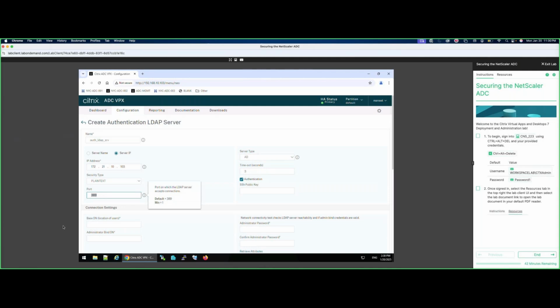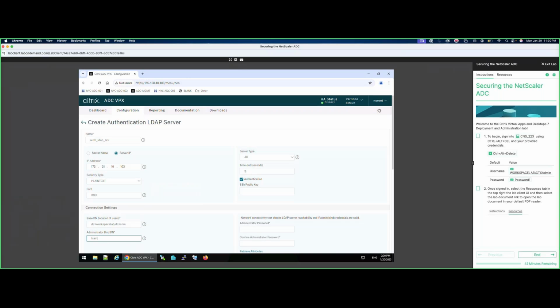And this is where you define your domain, that DC equals workspacelab, comma DC equals com, right? And at the bottom, whoever is your administrator for the domain, the administrator bind DN,